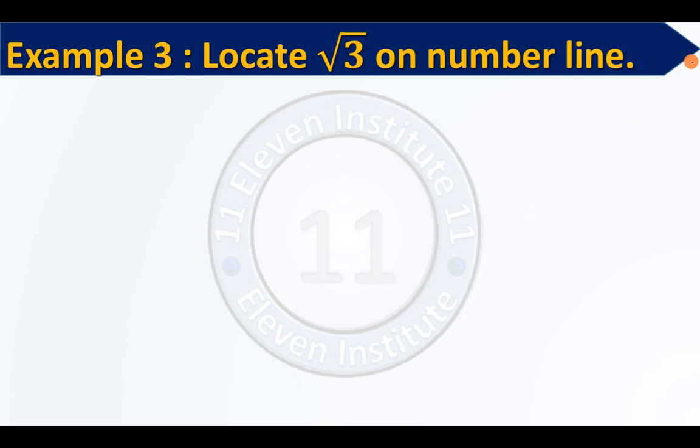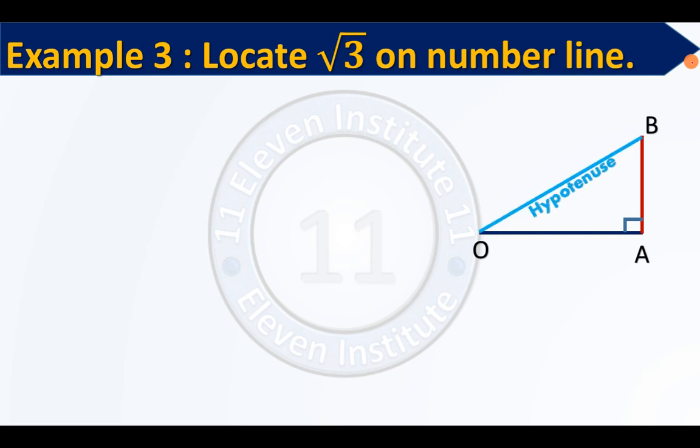So again, we very well know that in order to draw such numbers, we require a right angle triangle, and we will take the help of Pythagoras theorem. Fine. So again, a right angle triangle has a base, you can see on the screen, has an altitude. We will name the vertices as O, A and B. This is our right angle. The side which is opposite to the right angle, this side is very crucial, which we call hypotenuse.